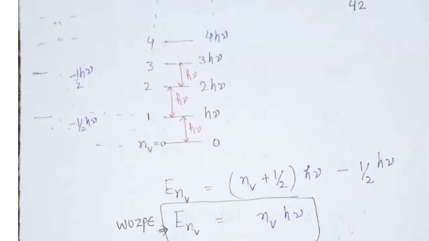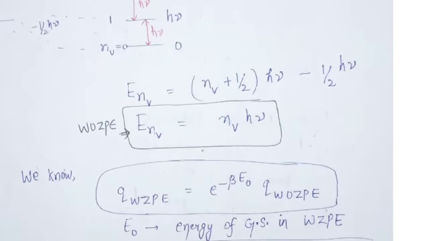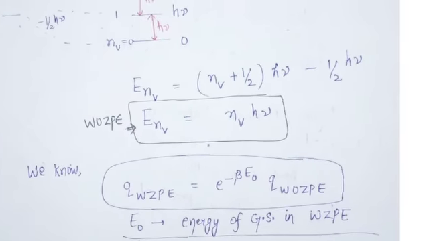Here, the energy difference between the two energy levels is h nu. In the system with zero point energy, we had seen that the energy difference was h nu, and in the system not having zero point energy, the difference between the energy levels is also h nu. So in order to find the generalized expression for this system, what we have to do,